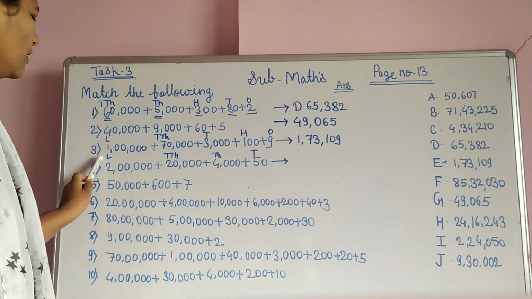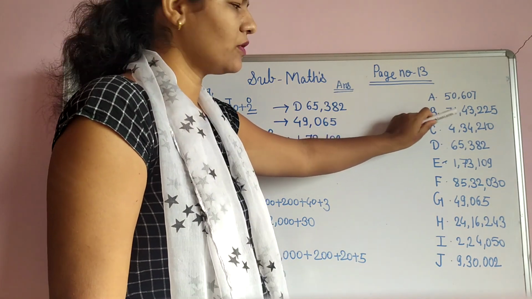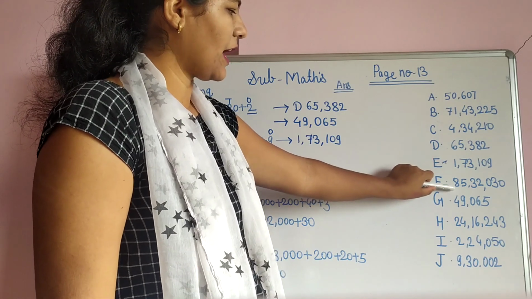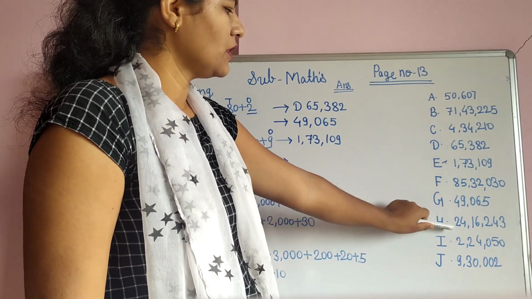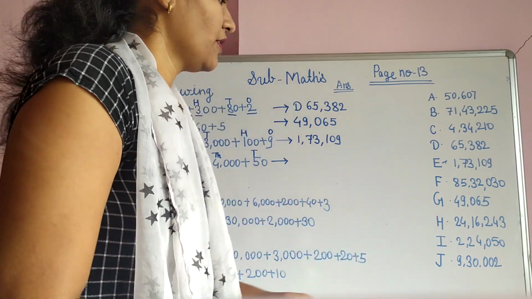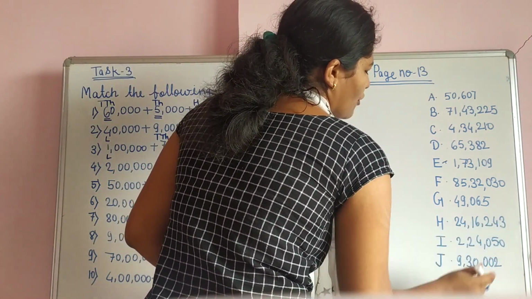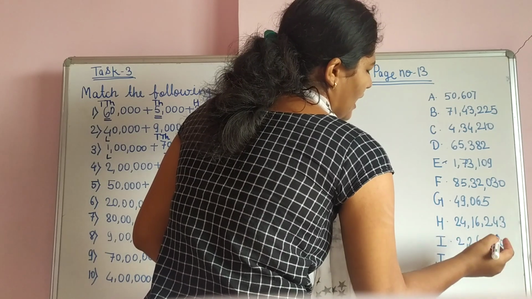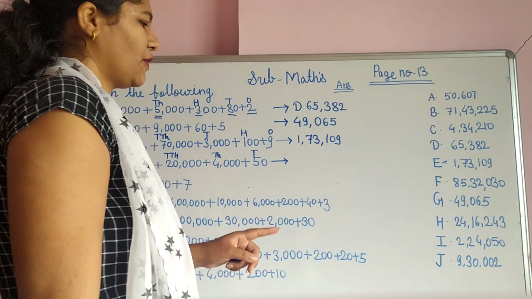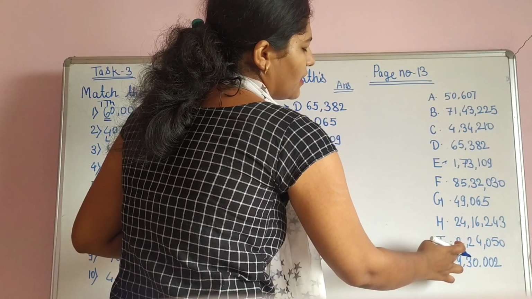So we want 2 on a lakh place. Here it is there, no. Here it is there, no. Here, no. Here also no. Here also no. We want 2 on a lakh place. Here also no. Here also no. Yes, here is 2, but which place is it on? It is on the 10 lakh place. We will check it. See, ones place, tens place, 100 place, 1,000 place, 10,000 place, lakh place, and 10 lakh place. So is it there? No, this is not our answer. We want 2 on a lakh place. So see, next one, we will check it.